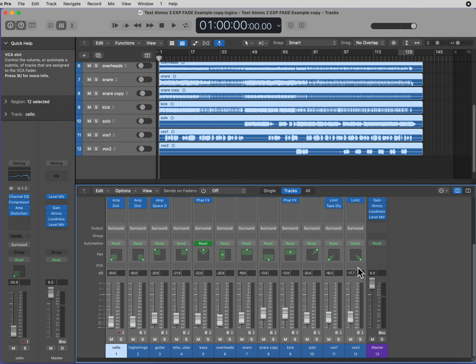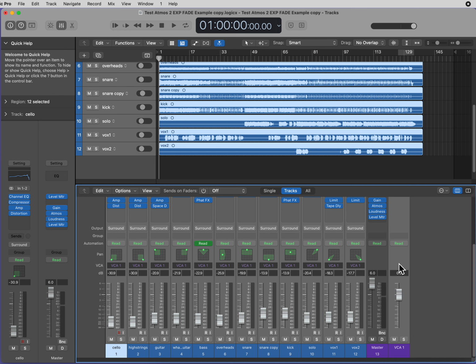Now what I'd like you to do is go to the space right above the volume display. There is a gray rectangle. You can do this in any of the faders. I just do it in the last fader because it's more convenient. And in that gray space, I want you to right click, go to Create New VCA for selected channel strips. And now you have a new VCA group for all of your channels. And you have a new VCA fader.